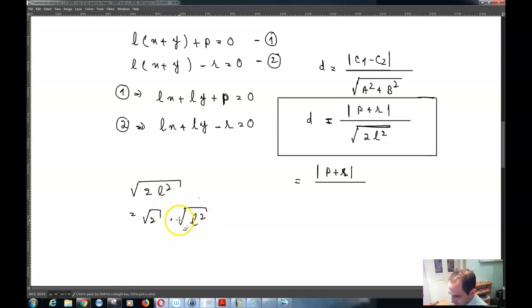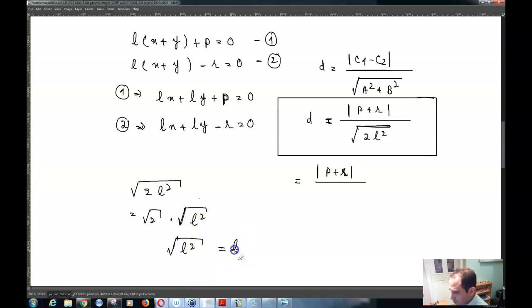And if I assume that the square root of l squared is supposed to be equal to l and not negative l, then